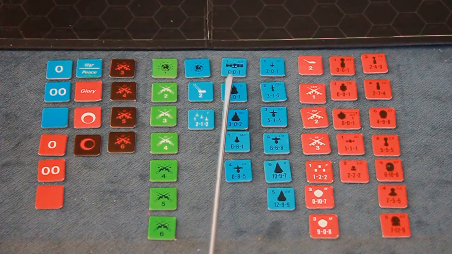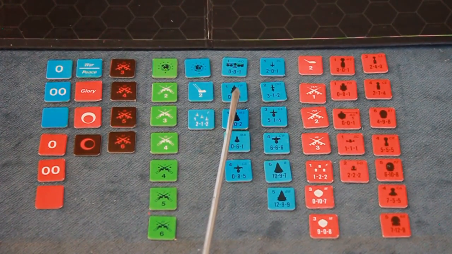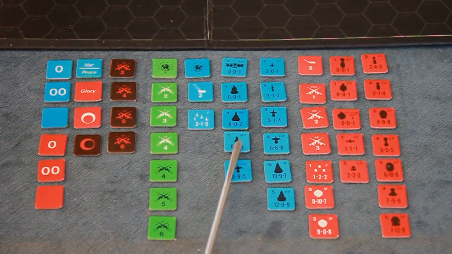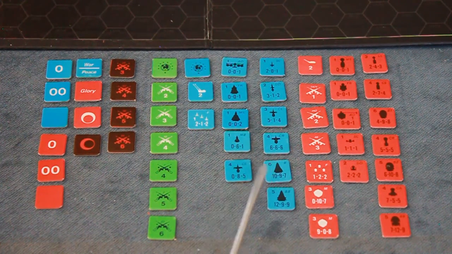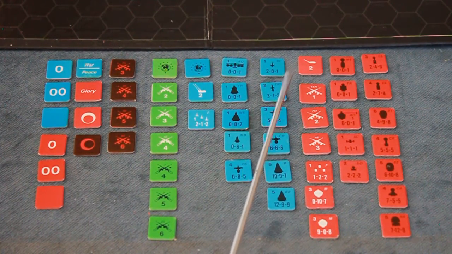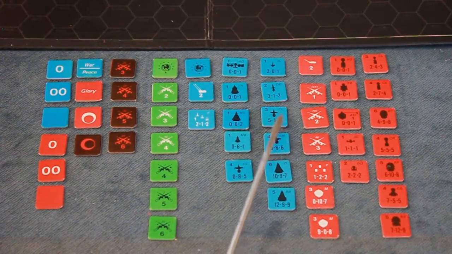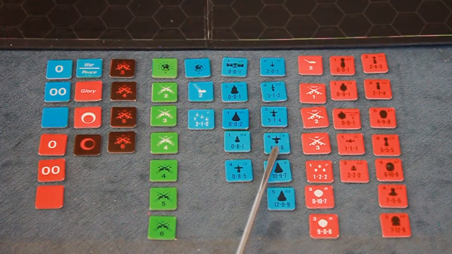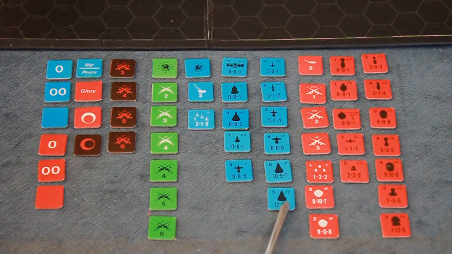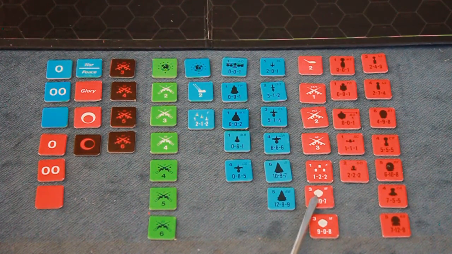Tanker, and beam, missile, screen. TR, which I believe is transport. They say T on the rules, but I believe it's a transport. Mothership, missile boat, strike cruiser, a couple different types. Destroyer, light cruiser, heavy cruiser, dreadnought, battleship, fighter, monitor,